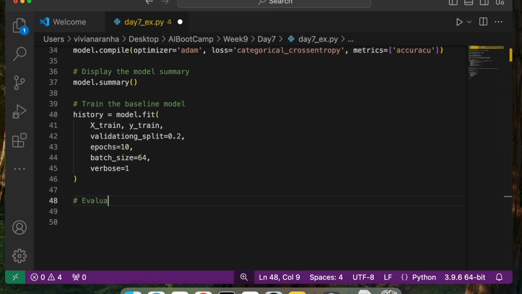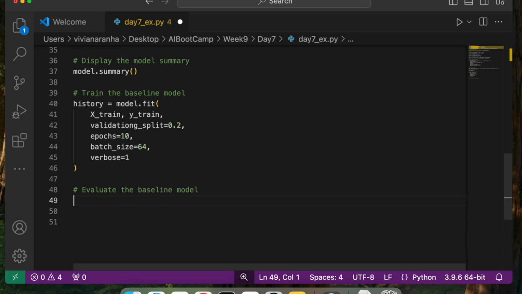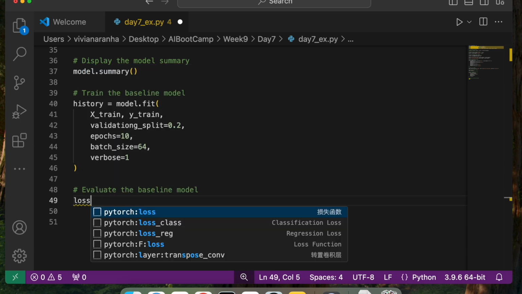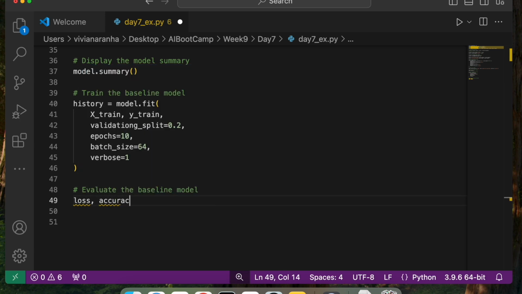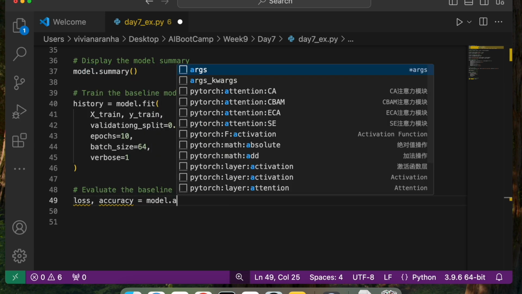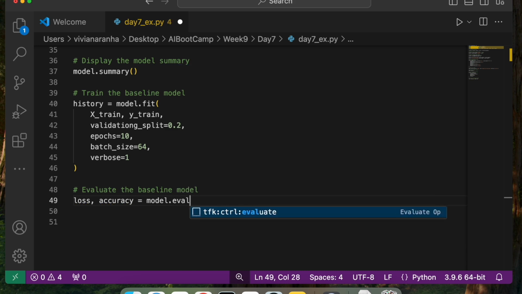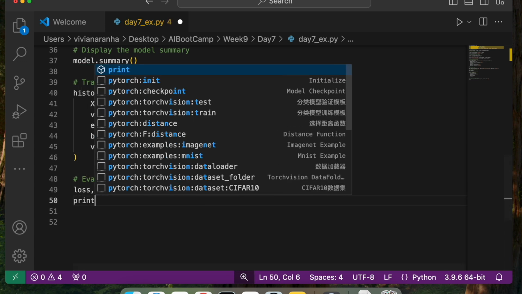So next, once the training is done, let's evaluate the baseline model. So I'm going to say loss, accuracy equal to model.evaluate and pass it x_test, y_test, and verbose equal to 0, and that will give me my data.